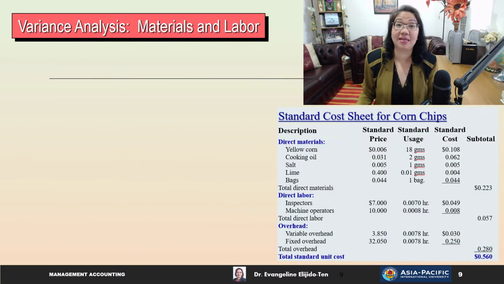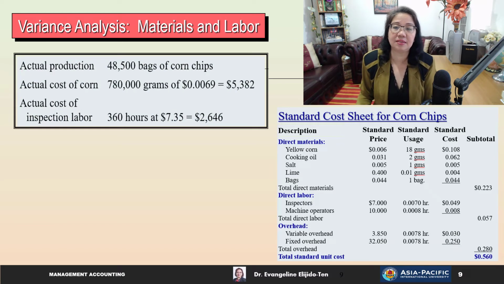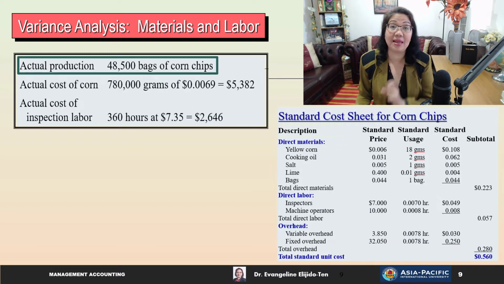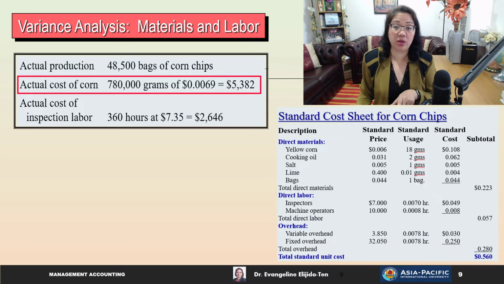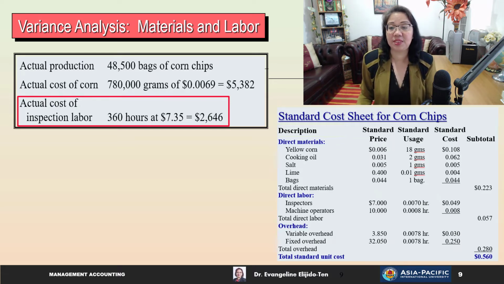So let us apply this in the corn chips manufacturer example. We will focus on the materials and the labor variances. Let's suppose this time that the actual production is 48,500 bags of corn chips. The actual cost of corn is 780,000 grams at $0.0069 per gram. So the actual cost is $5,382. And the actual cost of inspection labor, we are focusing on inspection labor this time, is 360 hours at $7.35, so